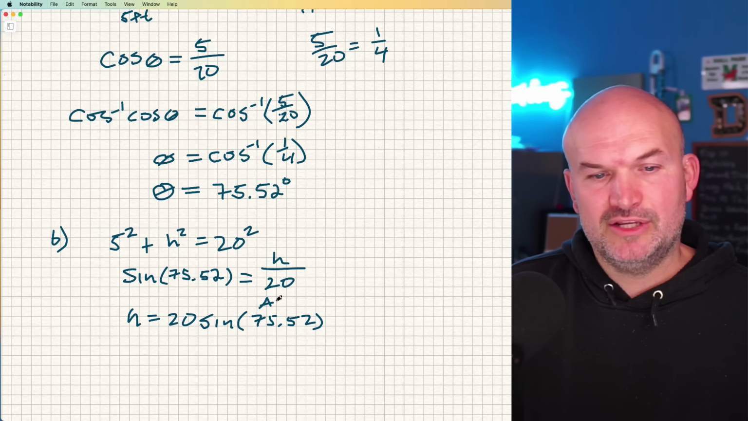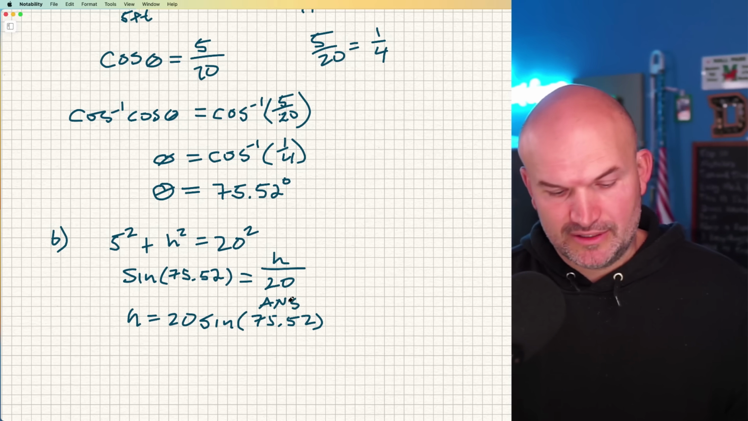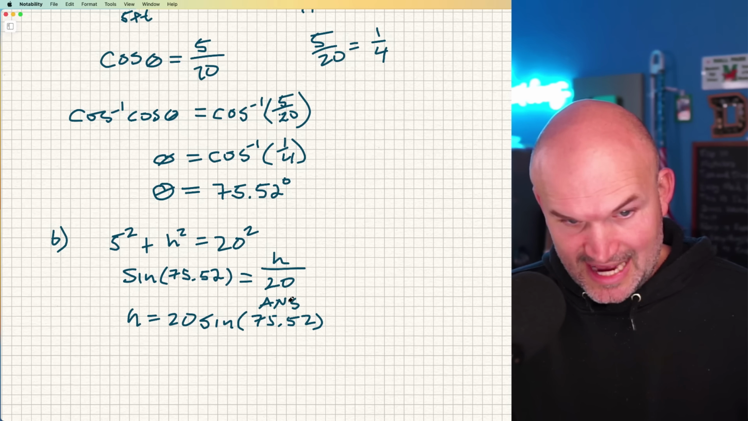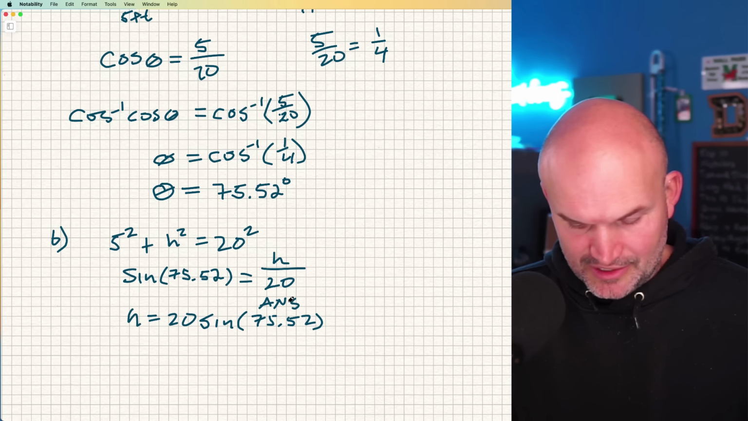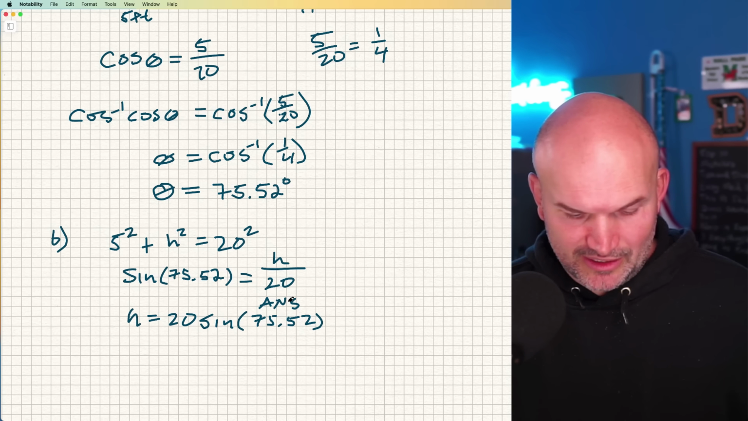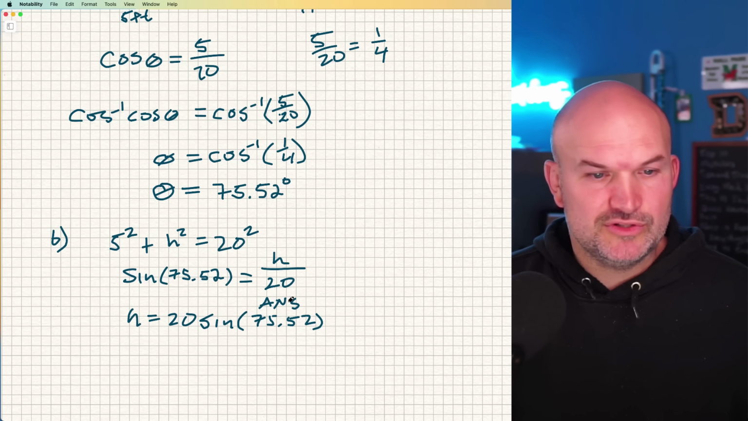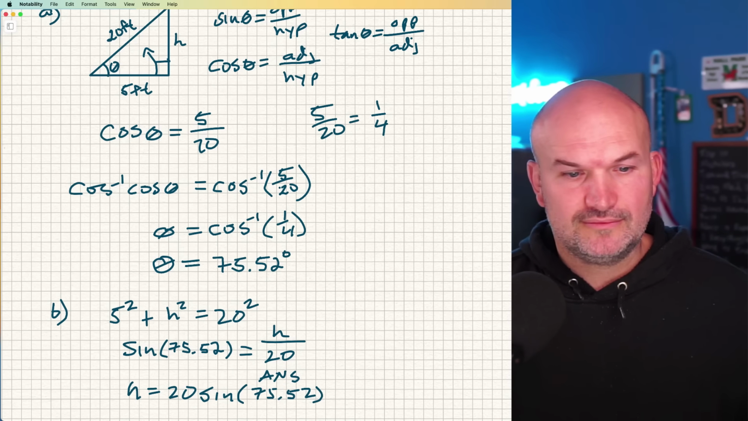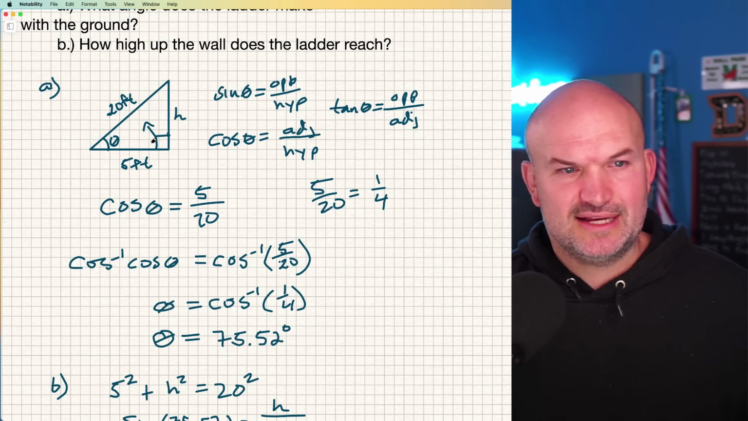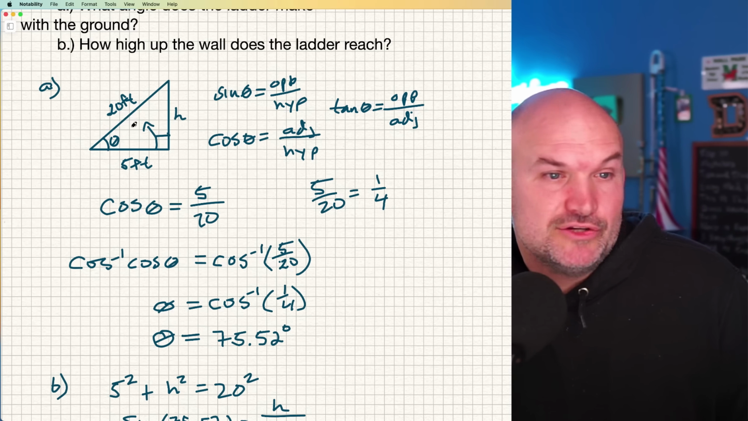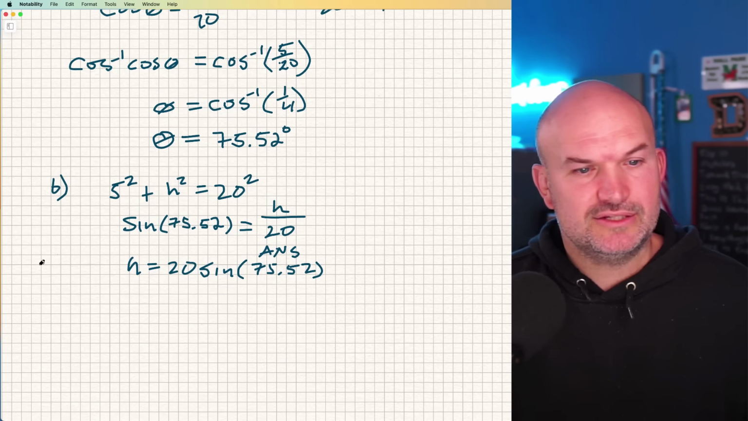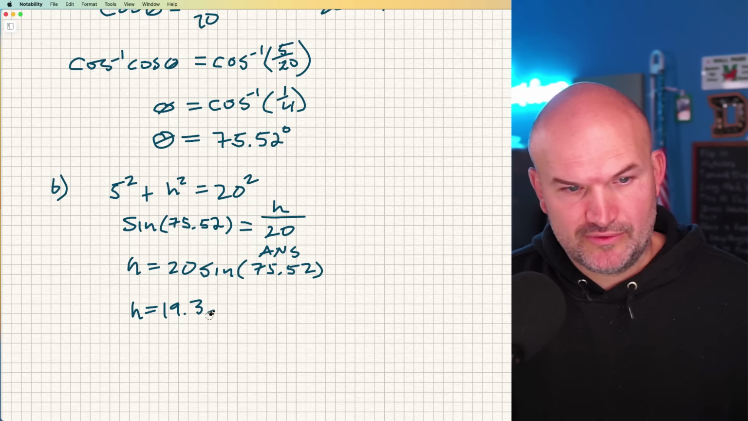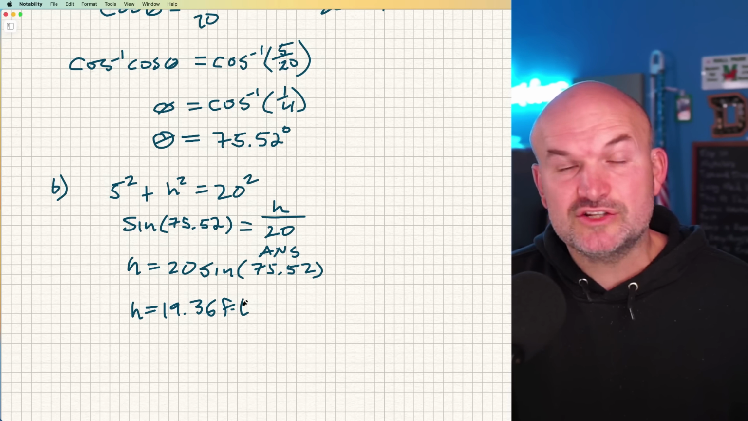But again, remember, I'm going to use the answer feature in my calculator. So now all I'm going to do is type in my calculator 20 times the sine of last answer, which was, again, already in my calculator. And in this case, I am going to get 19.36. And again, does that kind of make sense? Yeah, it's not bigger than the hypotenuse. Okay, so it looks like that is going to work. So I can say h is equal to 19.36, again, just truncating, and that is going to be in